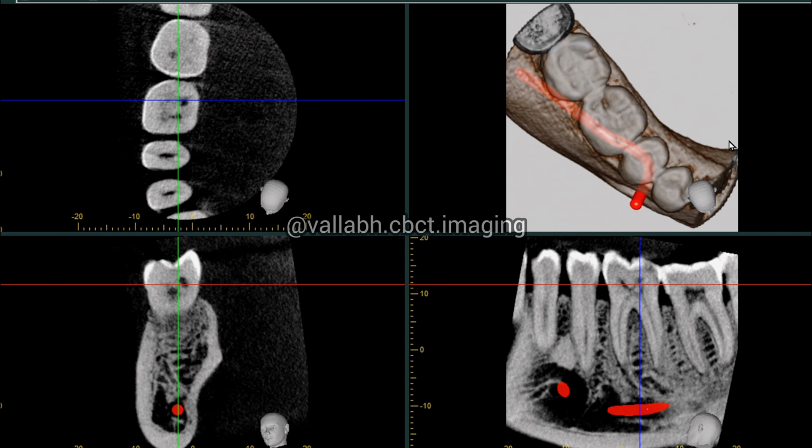Hello everyone, my name is Dr. Vallabh Chawla and today we'll be doing a case report on suspected dentinal microcrackline or caries that is causing apical